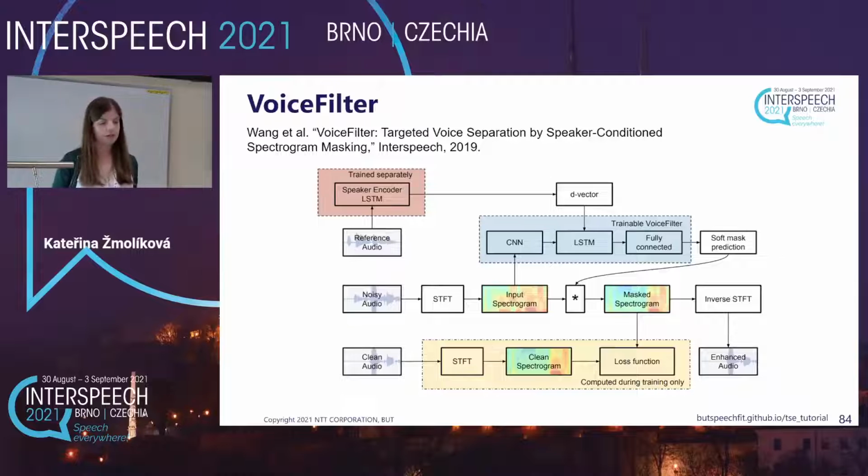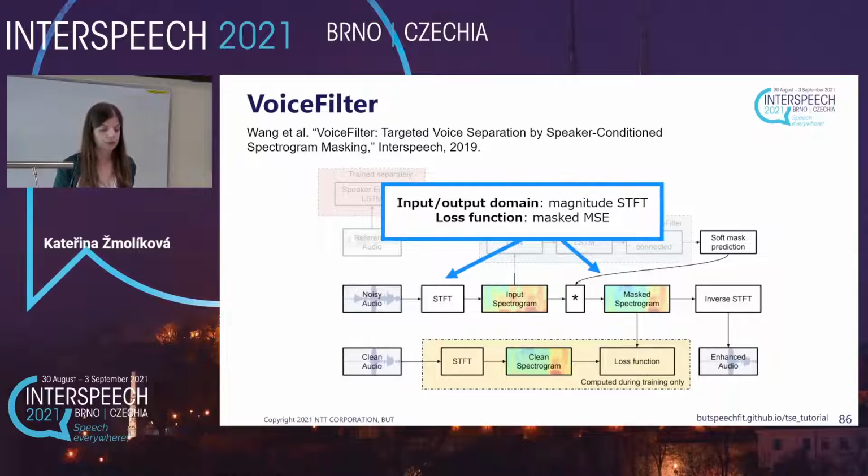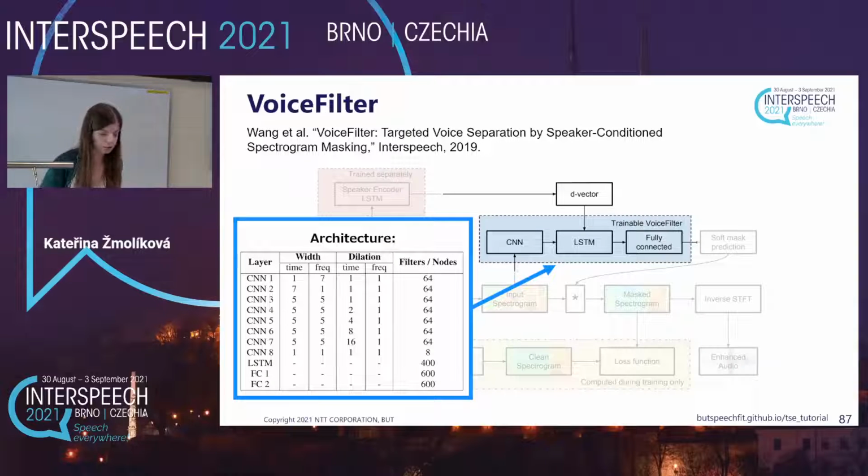The next model that I will show here is VoiceFilter, which was published in 2019. Here you can see the overall scheme of VoiceFilter, and I will again categorize it into the different categories that I introduced in the presentation. VoiceFilter uses d-vectors as the speaker embeddings, and it uses them in the neural network by concatenation. It works in the frequency domain, so the input is the magnitude STFT of the signal, and the loss function is mean square error. The architecture used in VoiceFilter is a combination of convolutional layers and an LSTM layer, where there are 8 convolutional layers and 1 LSTM layer, and the speaker embedding is applied after all the convolutional layers, before